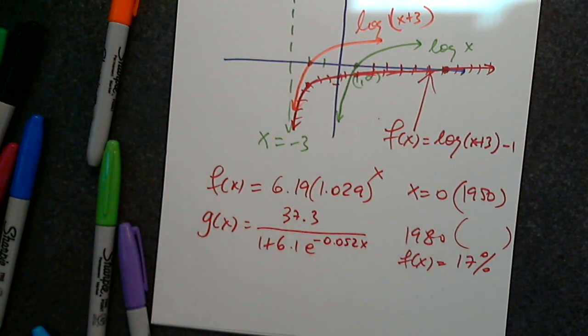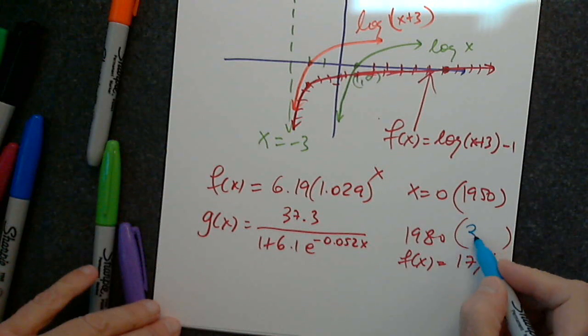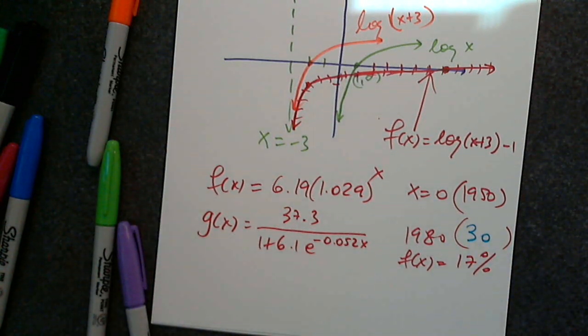What does 1980 represent if 1950 is x equals 0? 30, very good. So with the graphing calculator, let's do that. Let's plug in two functions in y equals. Clear if you have anything in there. The first function should be entered as 6.19